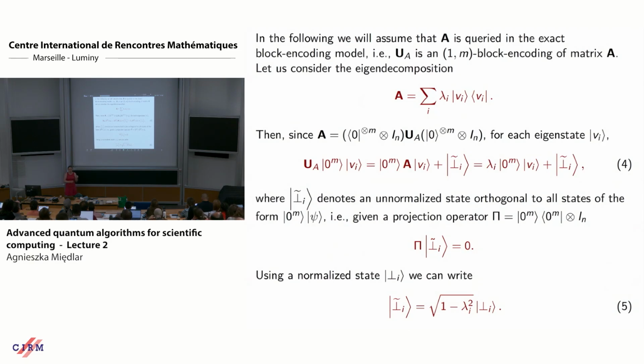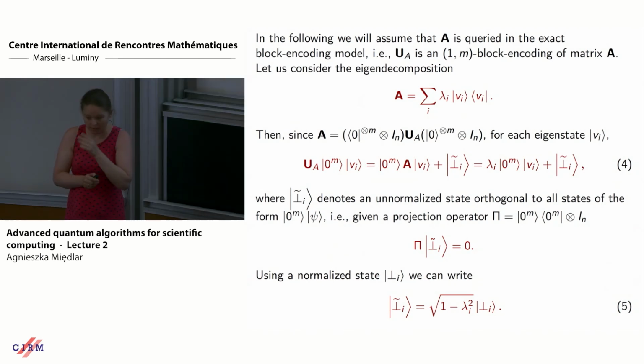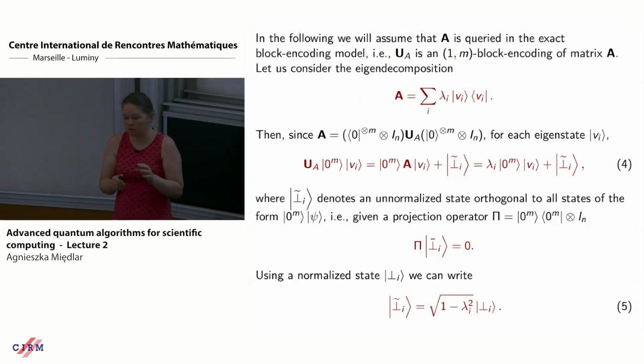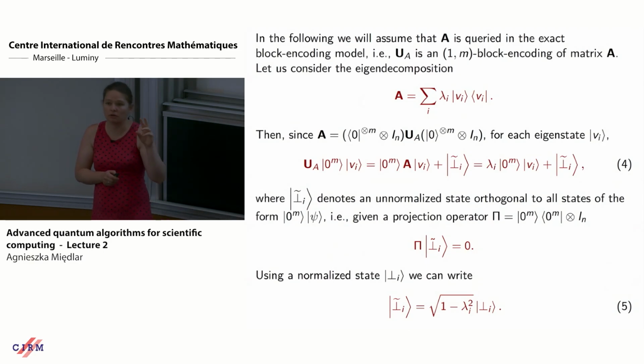If I look at the definition, there is no error if I measure the discrepancy between the object connected to my block encoding and the matrix A. And one is alpha,